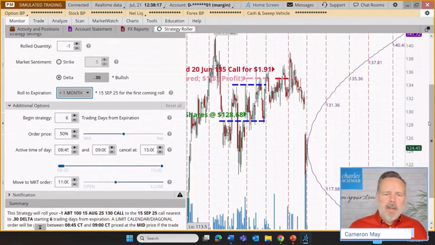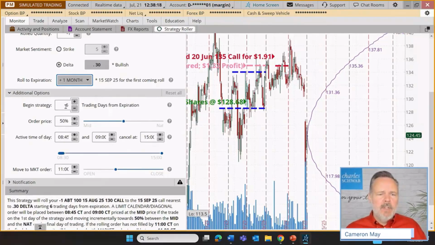There are a couple of steps here in choosing when we want this to happen. Let's say our trader typically accomplishes their roll sometime in that final week before expiration. So we could say, I want this to start looking to roll within, let's say, the 5 days before expiration. That is just to start. The system will start on whatever designated day, and it's going to try to get a fill according to what we tell it to look for.